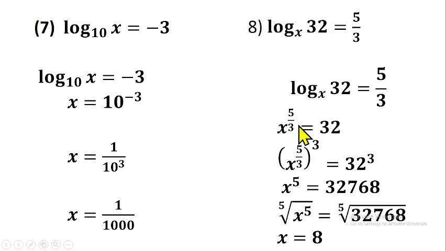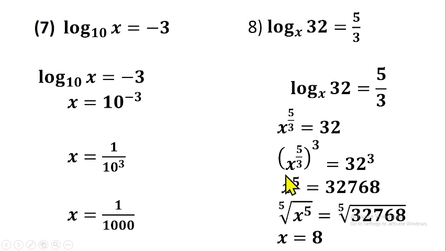So we can get rid of the 1 over 3. That is, this is the cube root of x raised to the power 5. How can we get rid of the cube root, the 1 over 3? By cubing it, that is, multiply the power by 3. And what you do to this side, you do to this side as well. So 3 will cancel 1 over 3 here, and you have x raised to the power 5 left. And 32 raised to the power 3 will give us